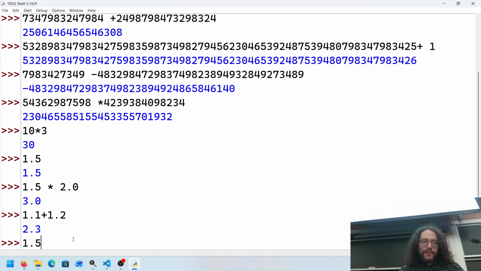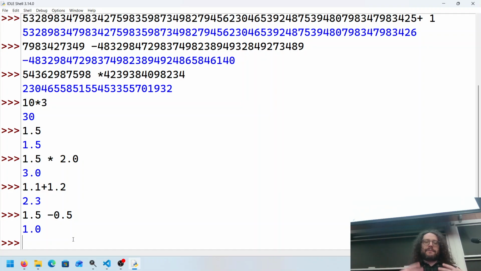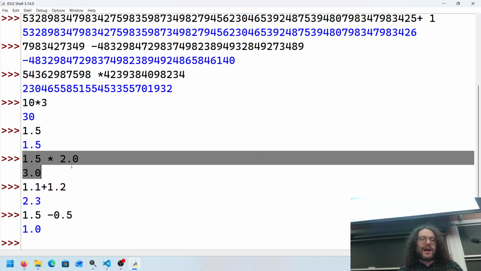Okay, 1.5 minus 0.5 will give me 1.0. And so we can see we can add, multiply, and subtract these numbers as well. Oh, and then I suppose there is one more question, because I did this over here, 1.5 times